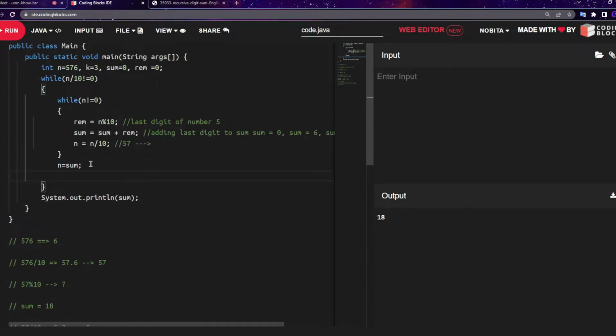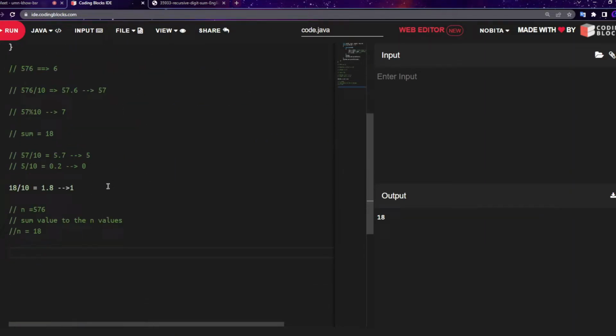So if I print here, I will do one thing. I will print n for every iteration. Suppose first iteration it will be 576. So for the first iteration the result will be 18. Then it will check for the 18. 18 by 10 is 1.8, which is not equals to 0. So it will go to here, the 18 not equals to 0, right? Then if you take 18 percentile 10, 18 percentile 10 is